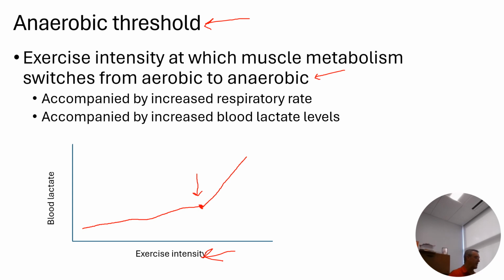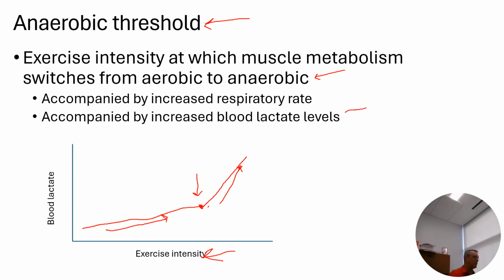Your breathing rate goes up. So if this is respiratory rate going up with exercise intensity, and then all of a sudden there was this sharp increase, that's because it hit this anaerobic threshold, and now we're breathing a lot harder and a lot faster. In addition, there's probably a better way to say it, this also corresponds with what is known as